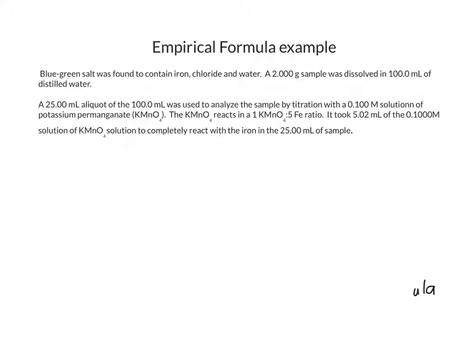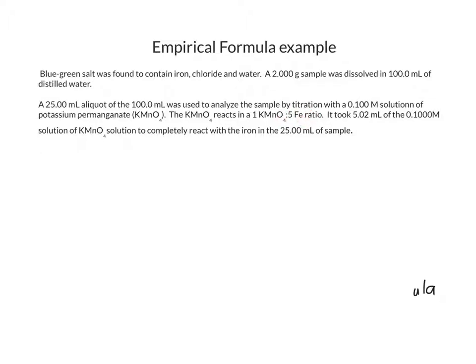So step one, let's find the percent by mass iron. To do that, we're going to use this first analysis in the problem. And we notice the very first thing is that it's a titration. So we're going to use what we know about titrations to determine the amount of iron in this sample. And we've titrated it with potassium permanganate. That's the titrant, because we know its concentration, and we know the volume of potassium permanganate that we've used to completely react with the